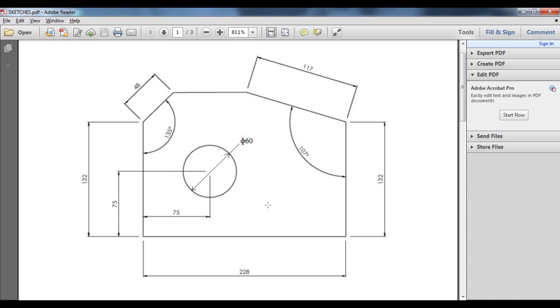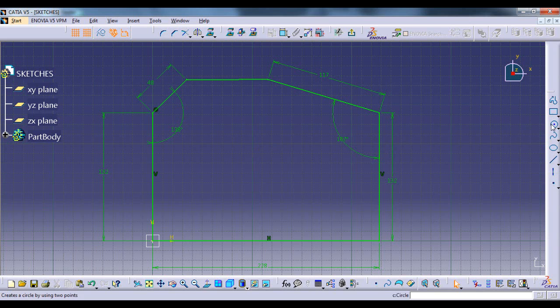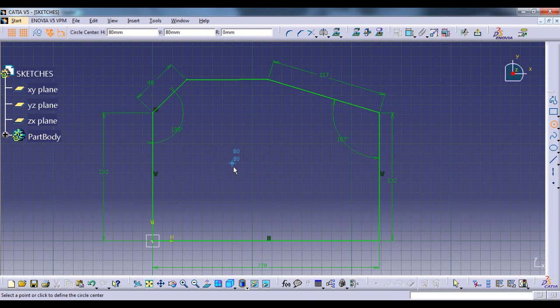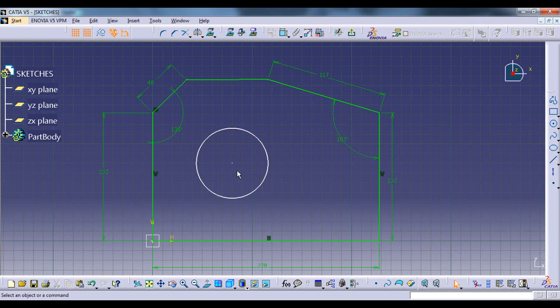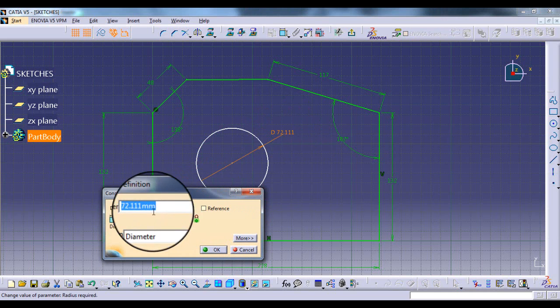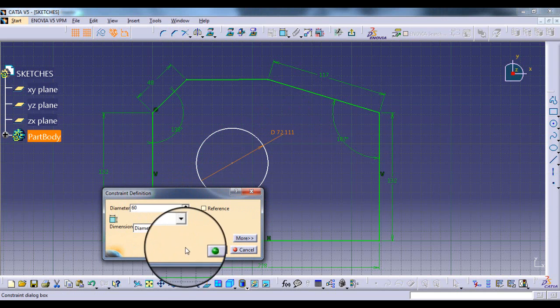Okay, now this circle is of diameter 60 mm, so we will make it likewise. We will plot the center randomly, we can adjust the center later. So this diameter is supposed to be 60 mm.